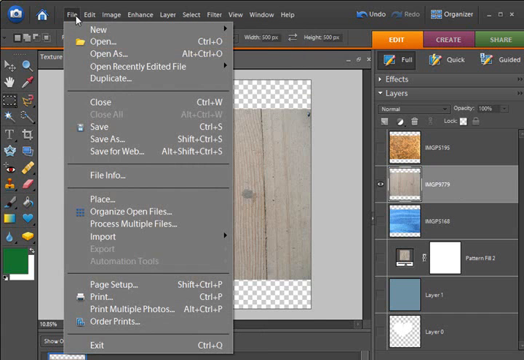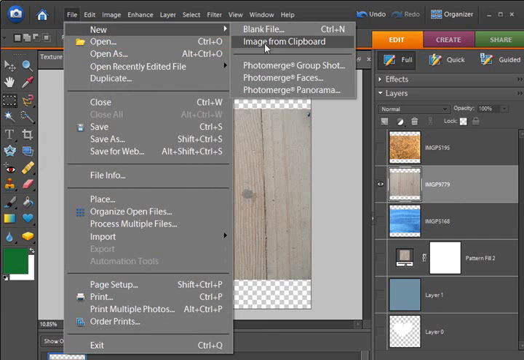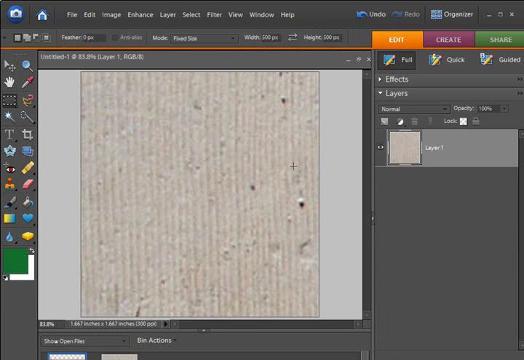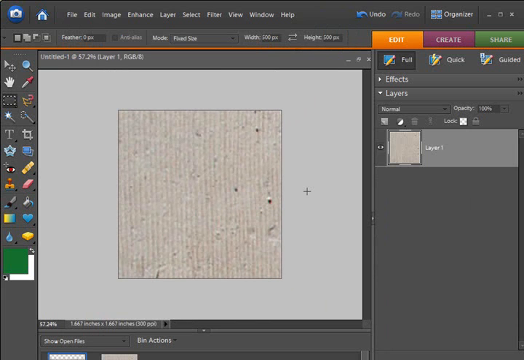So I'm going to go to the File drop-down menu, New, and then Image from Clipboard. And because I set those preferences to both 300, I'm going to be ensured that this new file is going to be a resolution of 300, so I don't have to worry about that. When you select this Image from Clipboard, the size of the new file is going to be the size of what is on your clipboard. And since we set ours 500 pixel by 500 pixel, that is the size that's going to be created when I hit this. And so here is our